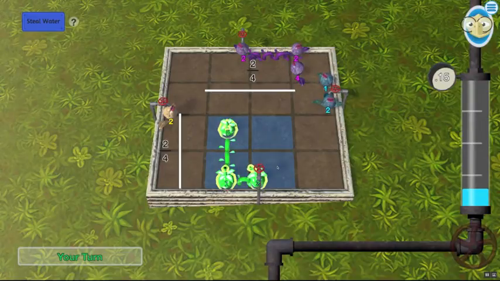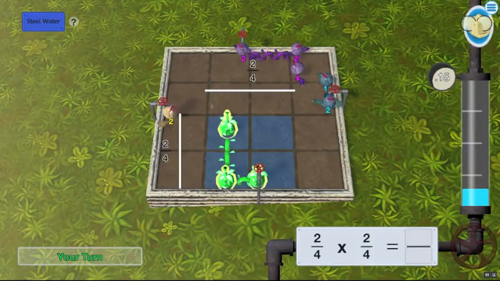So I choose that, and now I immediately see the numerical representation of the dimensions I have chosen, and immediately see the symbolic equation telling me what I need to do to compute the amount of water I need. So 2/4 times 2/4, which is half of a half. Let me do a quick estimate, and in fact, I can see I'm not going to have enough water,